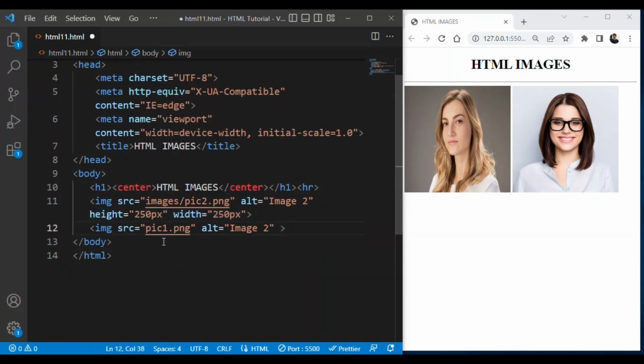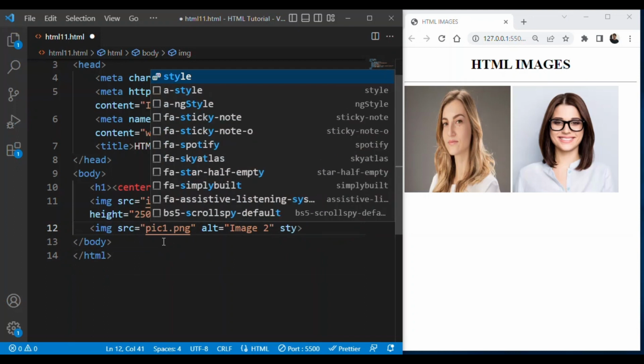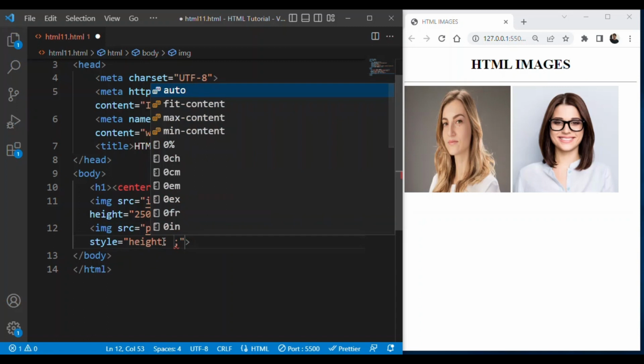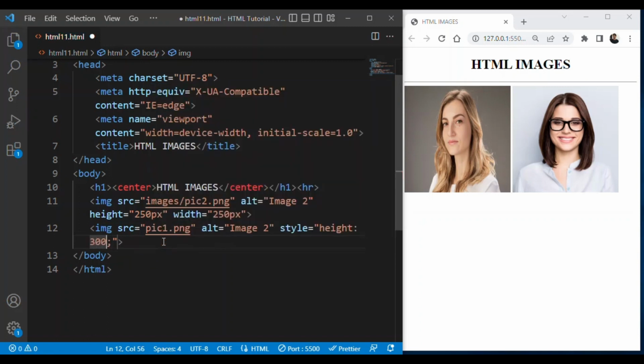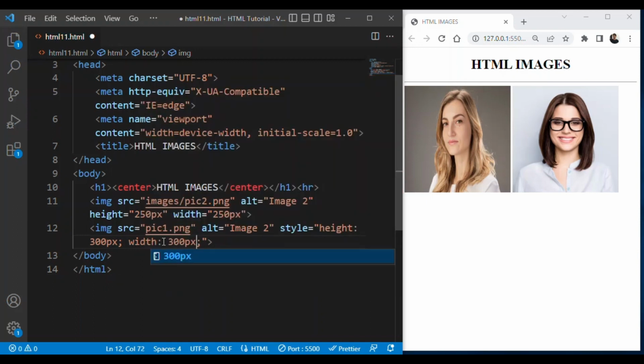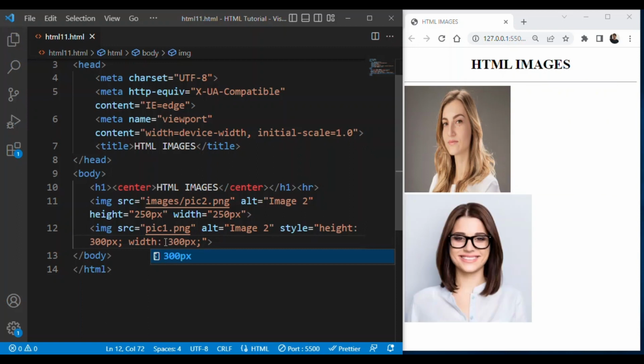So I'll remove this and write style, and inside the style attribute we'll set the height, and height will be 300 pixels, and then I'll set the width, and width also will be 300 pixels, and we'll save this. Now you can see the above image is 250 by 250 and the second image is 300 by 300.